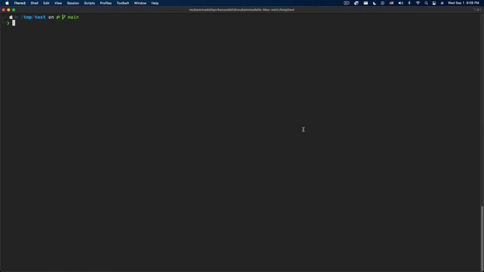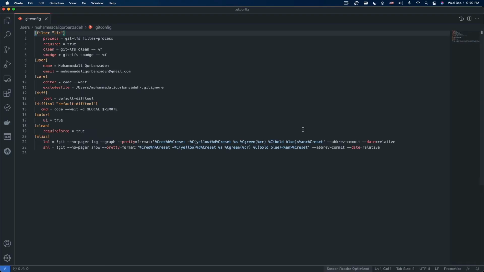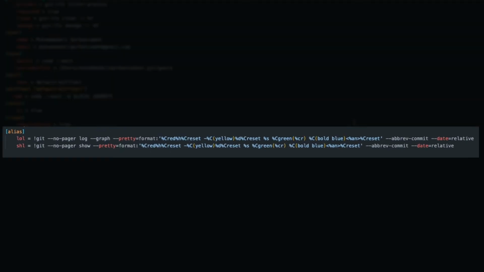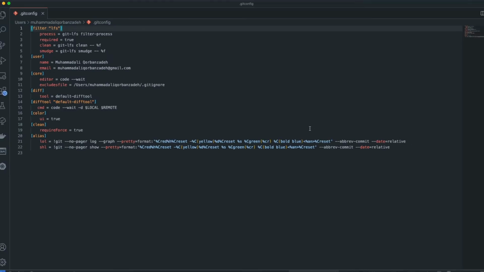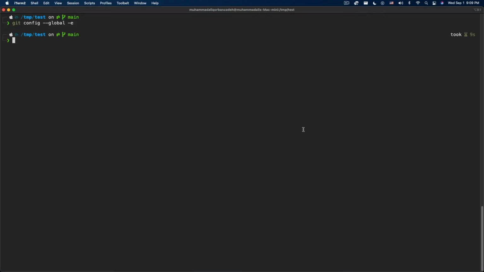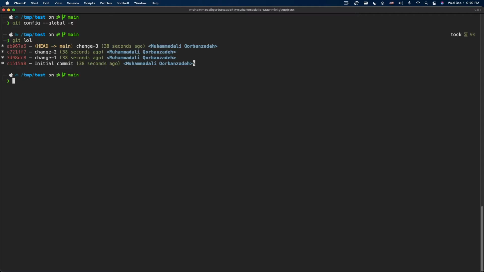Okay, I already created a bunch of commits in my repository and added two aliases to the git config file, one for git log and one for git show, just to make their output look nicer. So git config --global -e. As you see, these are the aliases that I have added to the git config file for you, and if I check the logs using them to show the commits, so git lol,